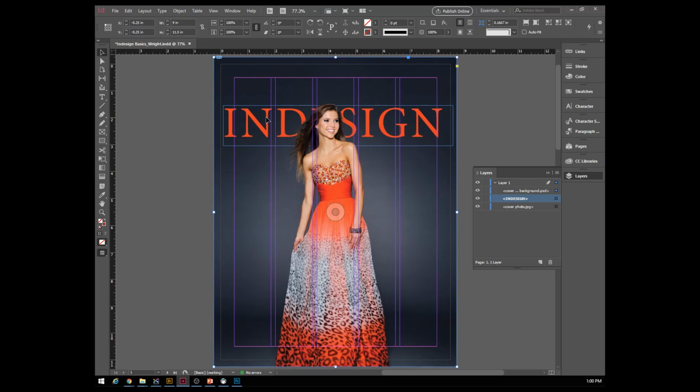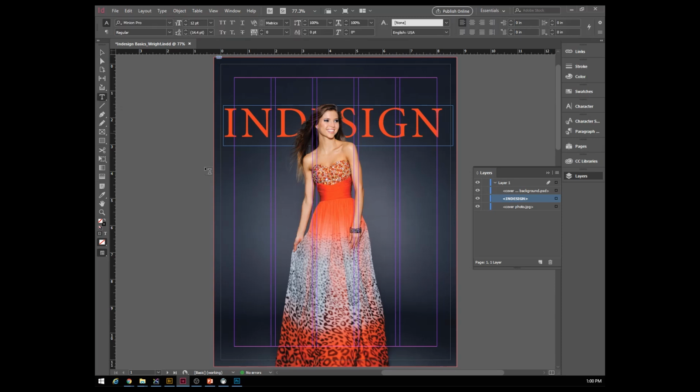Now, most magazines are going to have some kind of a title, but then they'll also have some subtext written in here. So we can add those in right now. We can add in a couple more text boxes. So we're going to add a text box down here on this left-hand side and have it say something about,